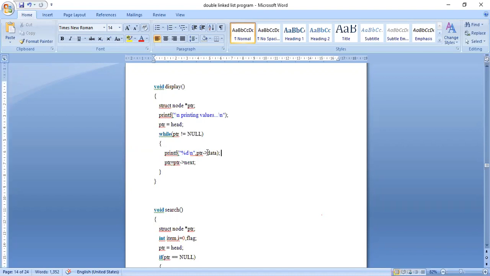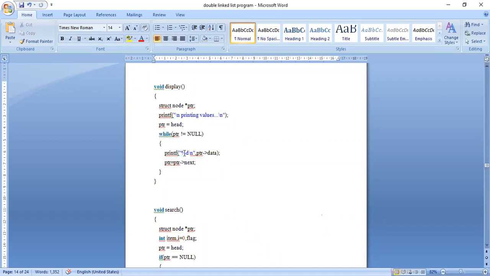So you can see here PTR of data part. I print the value starting from the first node until the last node, until PTR is not equal to null. When I stop at the last node, that PTR will be null. So in the next iteration, I will not be entering this loop.